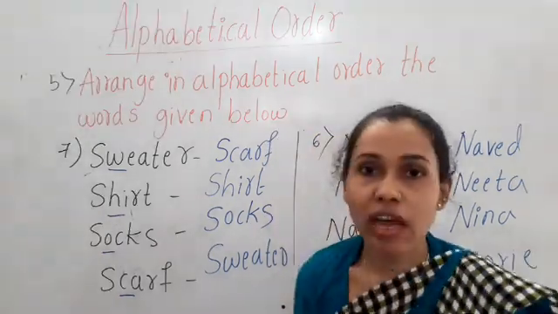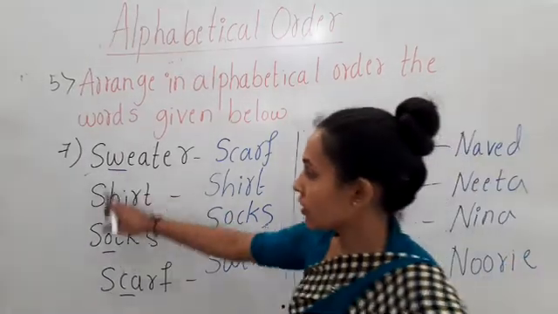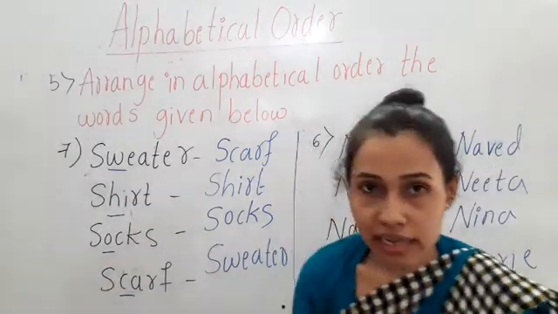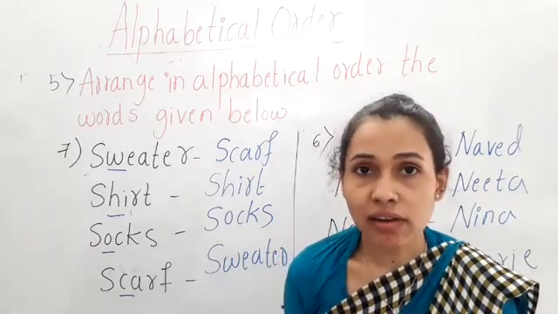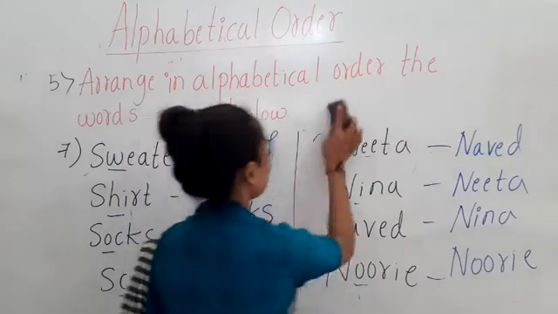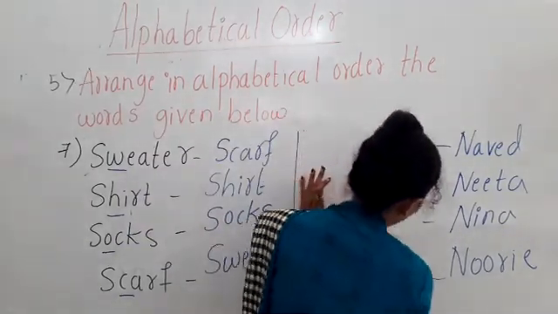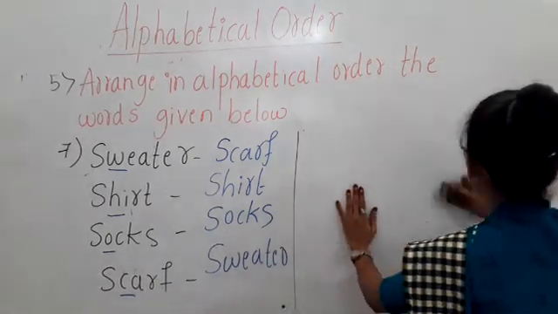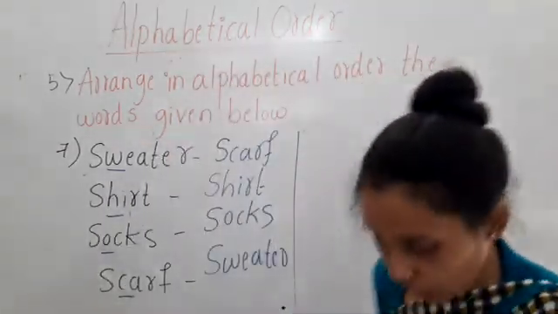So like this we have to arrange the words in alphabetical order. If the first letter is same in all the words, in such cases we have to look at the second letter. If the second letter is also same, we have to look on to the third letter and so on. Okay children. Now let us see the eighth last column. In the last box we have the words